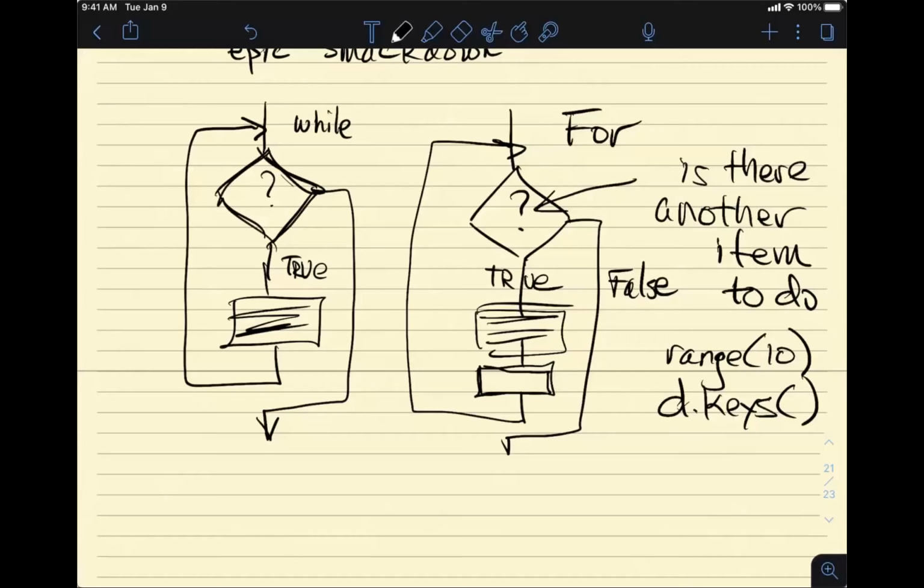So in Python, I guess my views on for versus while are colored by Python not being my primary language. In hearing myself talk, in Python, there really does seem to be more of a difference between while and for than in other languages. And so I'm seeing that with new eyes right now, that the for in Python is always working with some container that is being stepped through, while the while condition can be anything that evaluates to true or false. So thank you, Colin. That's something I haven't thought about.